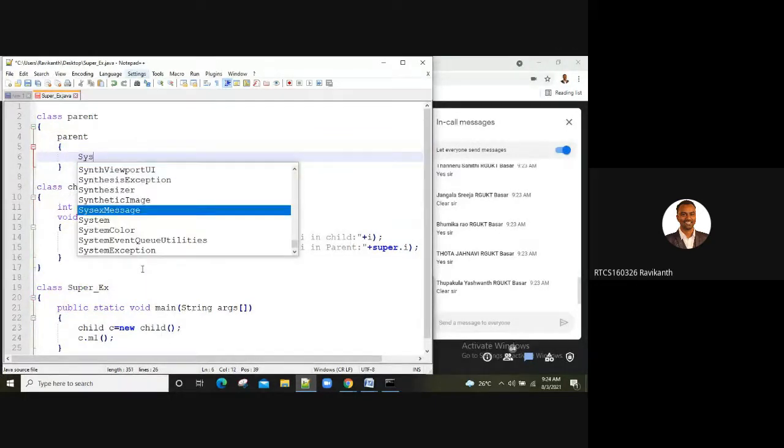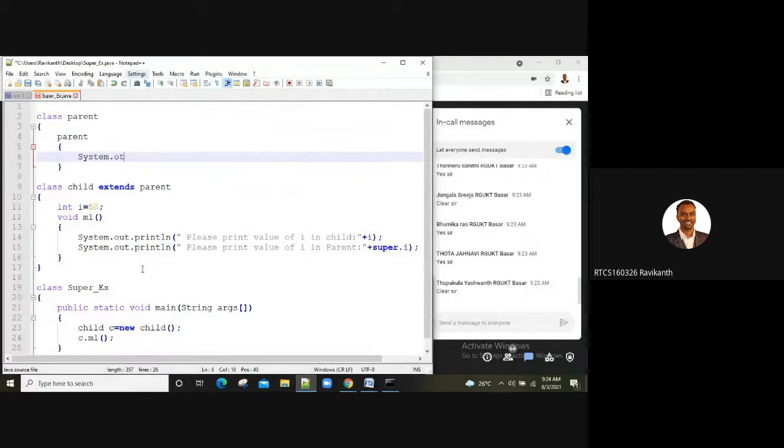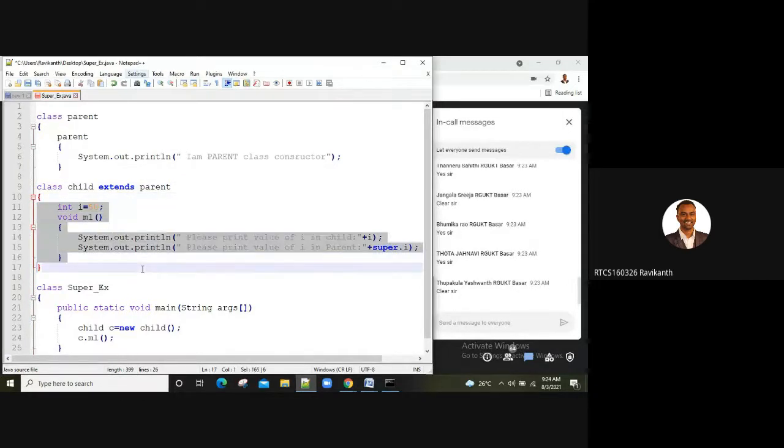In the parent, I'm going to write system dot out dot println parent class constructor. And child extends parent. Let me remove this code so that there won't be any confusion for you people.